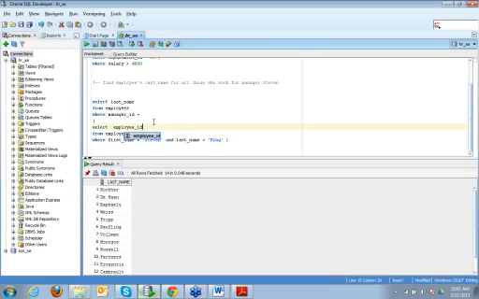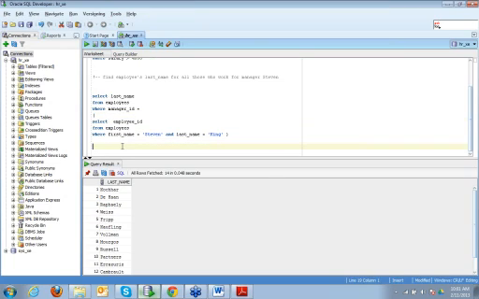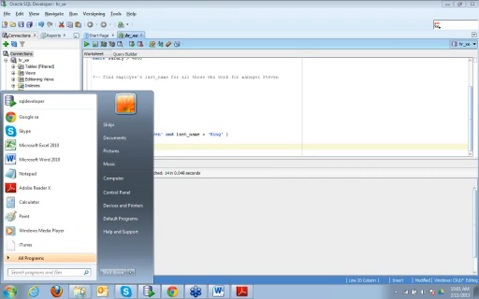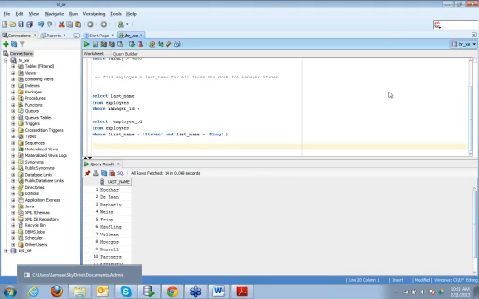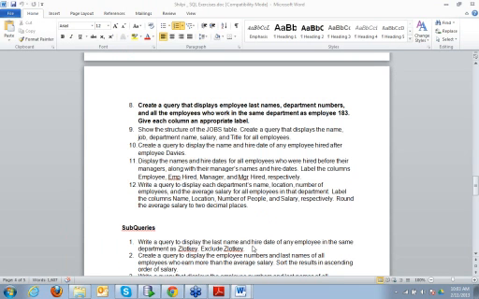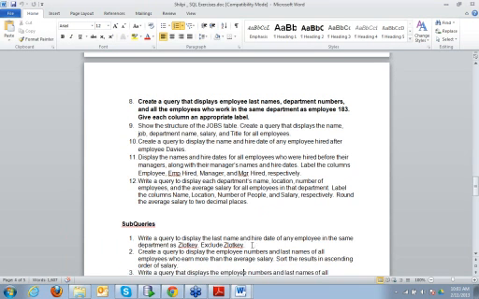So if I try to use anything else, the query is not going to run. The best way to use a subquery is to start from the subquery, see what it is returning, and then write the outer query. Okay. So we can do a couple of questions related to subqueries. These are some questions, so let's do a couple of them.